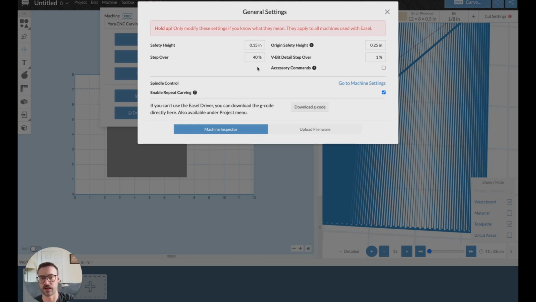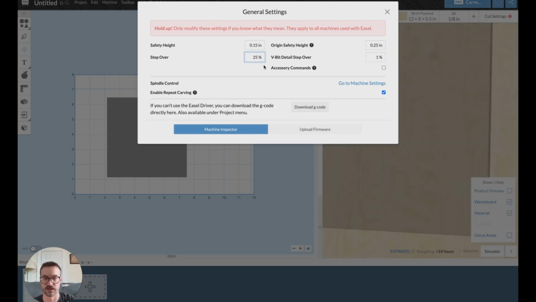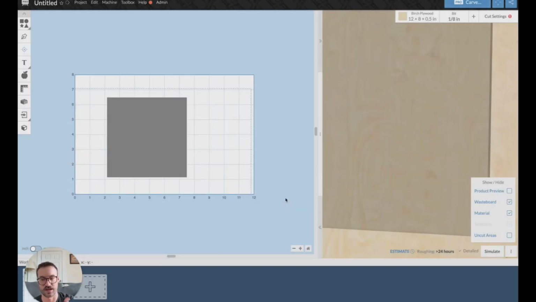On the other hand, you can adjust the step over percentage. I wouldn't recommend going above 40%. Again, with a higher percentage, that surface finish is probably not going to look as nice. In some instances with very large bits, you probably could, but in this case, I typically do not recommend going over 40%. But we can adjust it down, I'll say 25%, and you'll just type that in, press enter, and